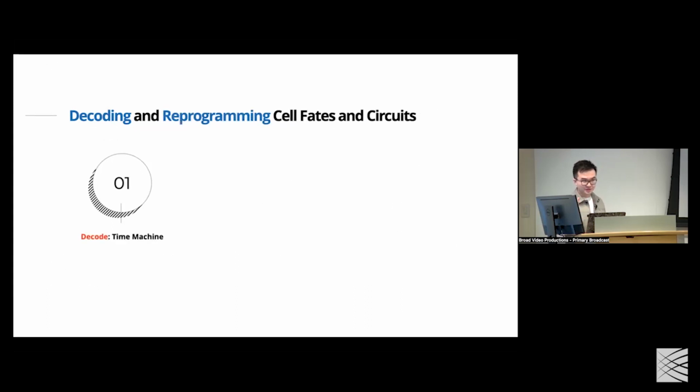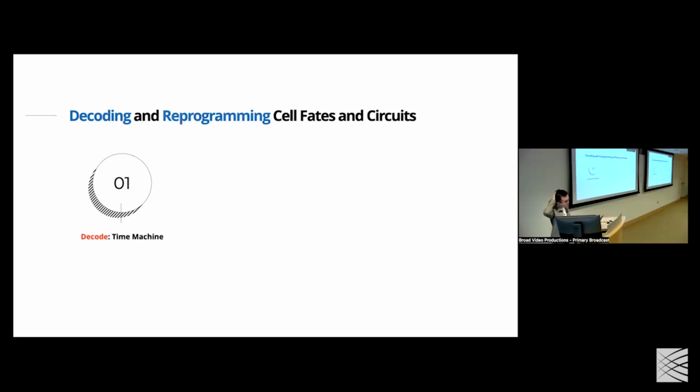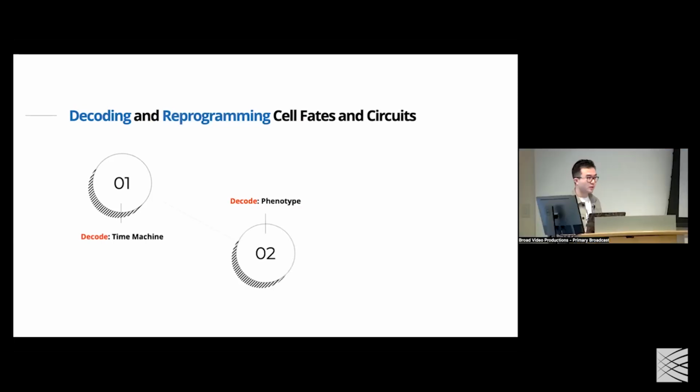For today's talk, for the primer, I would just focus on very high-level conceptual directions on how we can think about these problems, and I'll leave the details to Charles. So for today, I will talk about how do we decode the time information, how do we basically rebuild the time machine. The second one is how do we decode the cell fates, once we figure out how to reconstruct time, and at each time point, how do we map the phenotype. And then the third, very briefly, we will talk about how we can use some of these imaging technologies to reprogram the time and phenotype information.